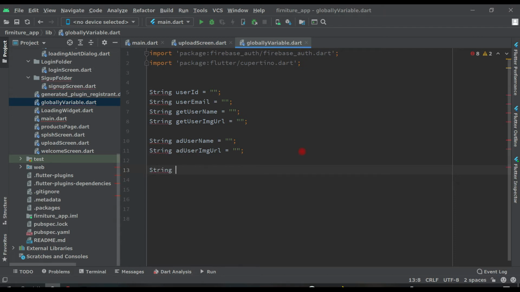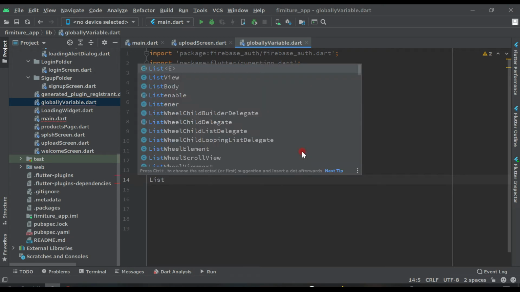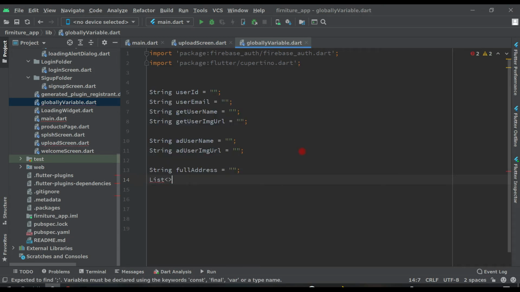So String fullAddress equals null, and then List placeMark equal to placeMarks, like this, and position will be Position.